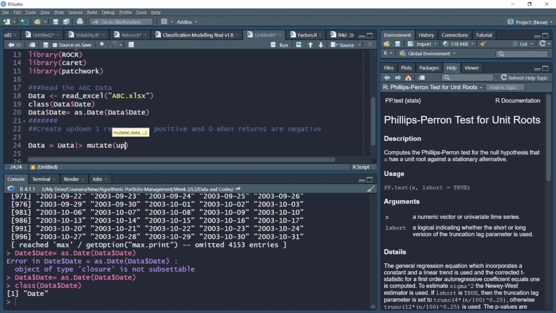a new variable. Its name is up down. This variable is equal to, and I'll use an if else operation. Remember, the ABC variable contained the returns, so if the returns are greater than 0, then I want it to be 1, and 0 if the returns are negative. Now if I run this command,